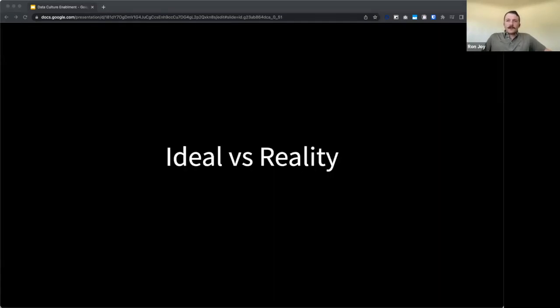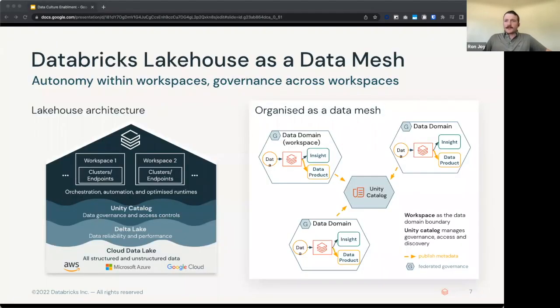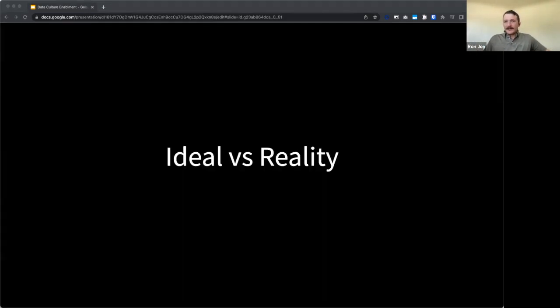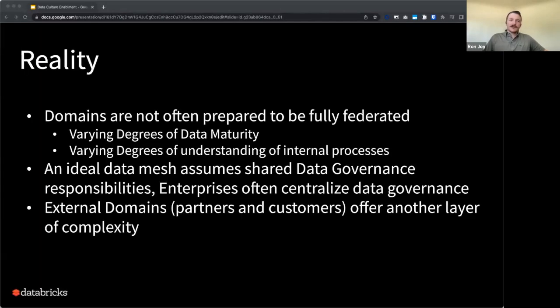Okay, so data mesh sounds pretty awesome, right? Yeah, let's go do that. Let's go get a data mesh in place. We want all of our data domains to have all the data here. We want to mix all that data together, and then we want to have all these great insights. But in reality, things are more complicated than that, right? In reality, what we see is,